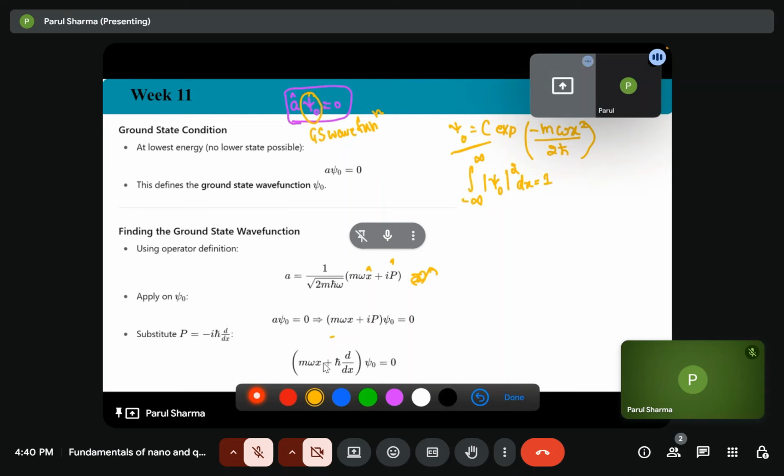So now, what is the value of this d by dx? Because in quantum mechanics, p is equal to minus i h cross d by dx. So we will find d psi naught by dx, which is equal to minus m omega x by h cross psi naught. And we know that h psi naught is equal to